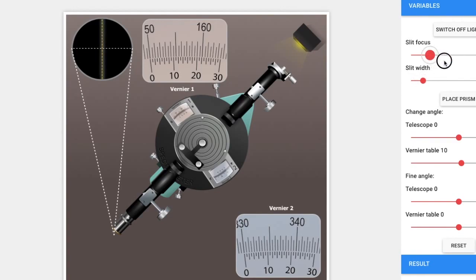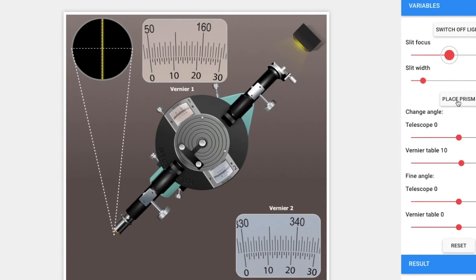Let us refocus the slit. The wider the slit, the poorer the focusing. So when we do experiments in the lab also, we always go by the thumb rule that a slit should be narrow, straight and equally illuminated throughout its length. That means it should not happen that your source of light is only visible in half part of the slit.